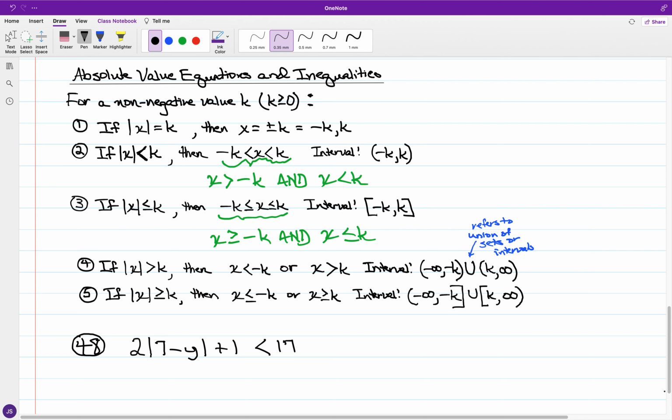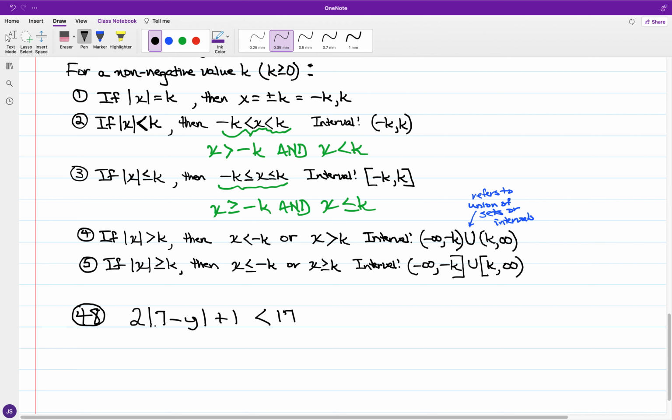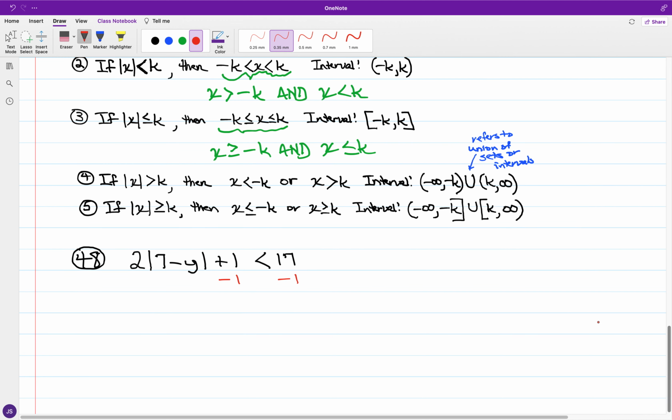Okay, and again, we have the absolute value of 7 minus y, and again, do not treat the absolute value bars as you would parentheses. Okay, so we're not going to distribute 2 over the absolute value of 7 minus y. This absolute value term, again, we're going to isolate. And in the process, I can begin by undoing the addition of 1 by deducting 1 from both sides. So I'm going to have in the adjustment 2 times the absolute value of 7 minus y is going to be less than 16,